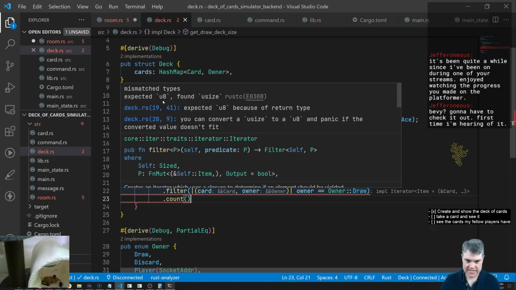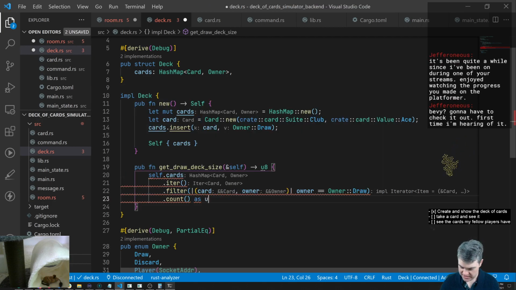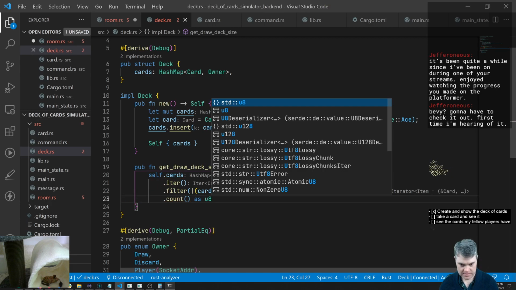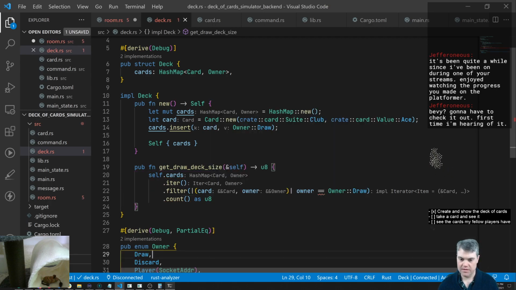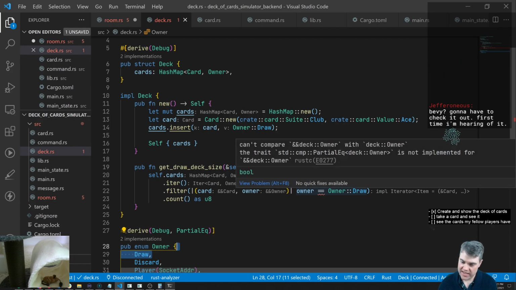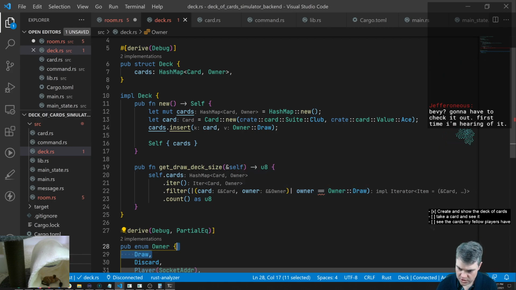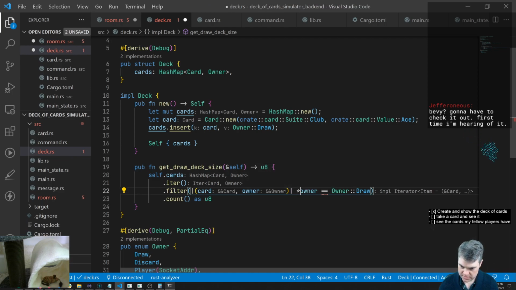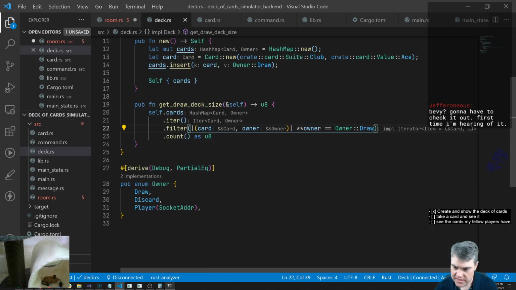Found a U size, and I want a U8. So as U8. Okay. You need, oh, can't compare. So your owner. Do I need to like double D? I do. Okay. Now, something that I can do is,